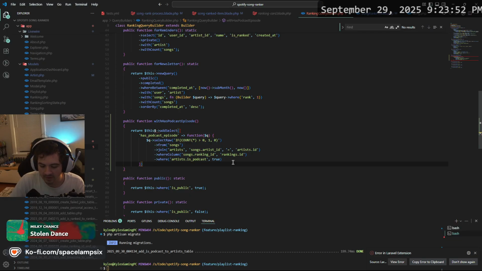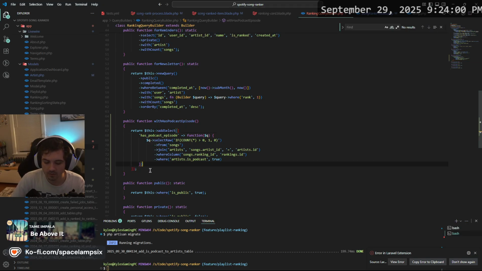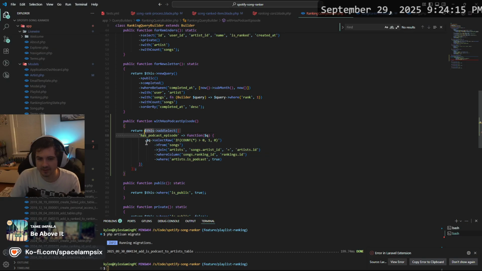So my formatting got off here. I messed up the syntax here. Shit.